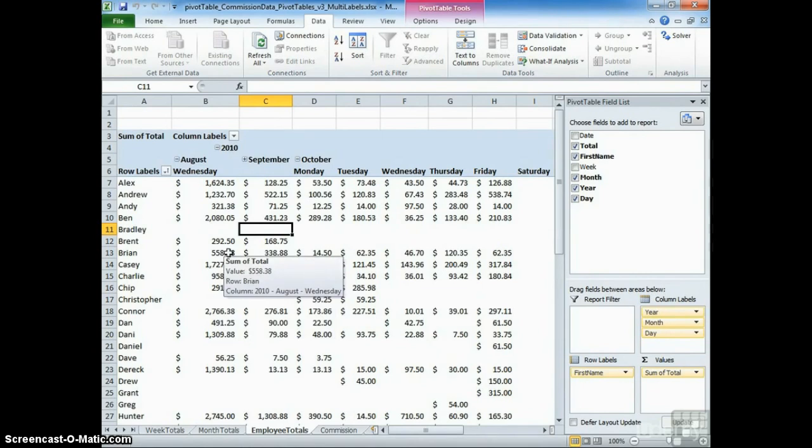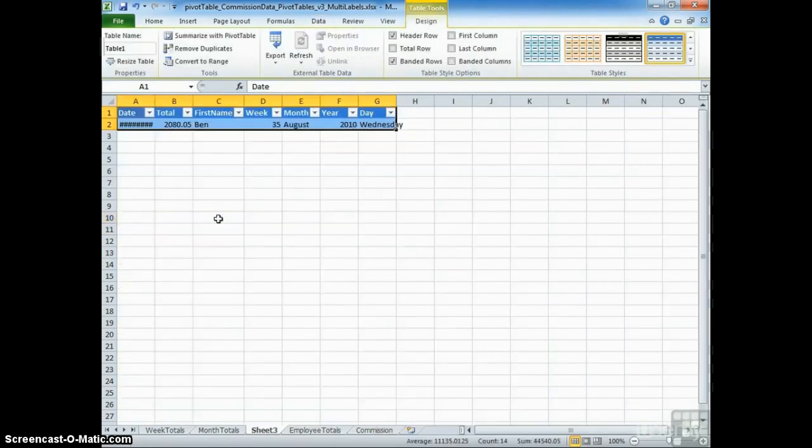We'll look at how to connect a pivot table to an external data source. The data does not have to be in Excel. And we look at things like being able to drill down into the data. This 2080 here for Ben on Wednesday in August, if we drill down, we see where that data has been